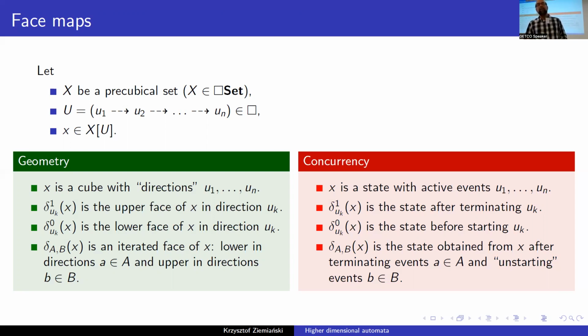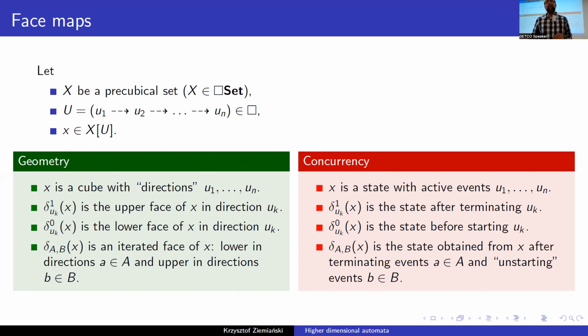There are also operators which remove many elements of your set. Some of these elements are converted into 0, so you get the lower face in these directions, and some are converted into 1, so you get the upper face in these directions. So you have again the picture like before, but there are some extra operations, which are iterated face maps. But from the point of view of concurrency, X is just a state which has a list